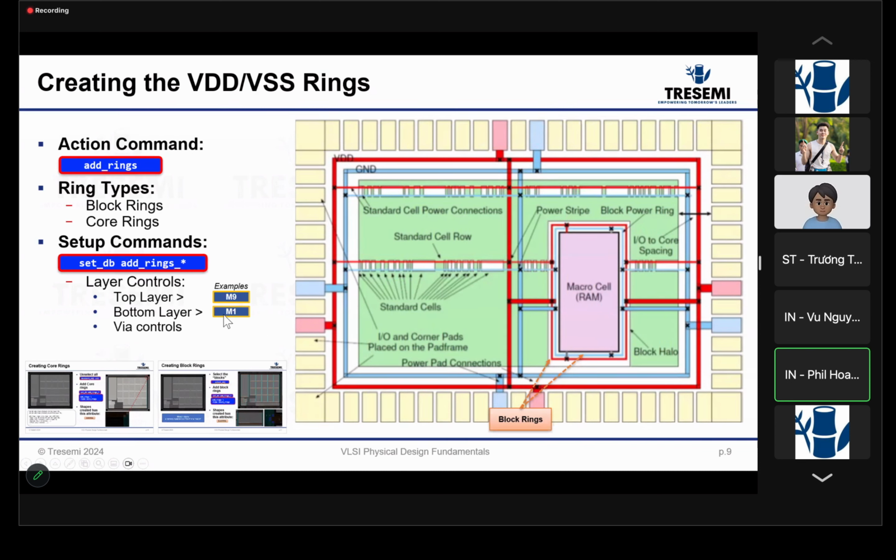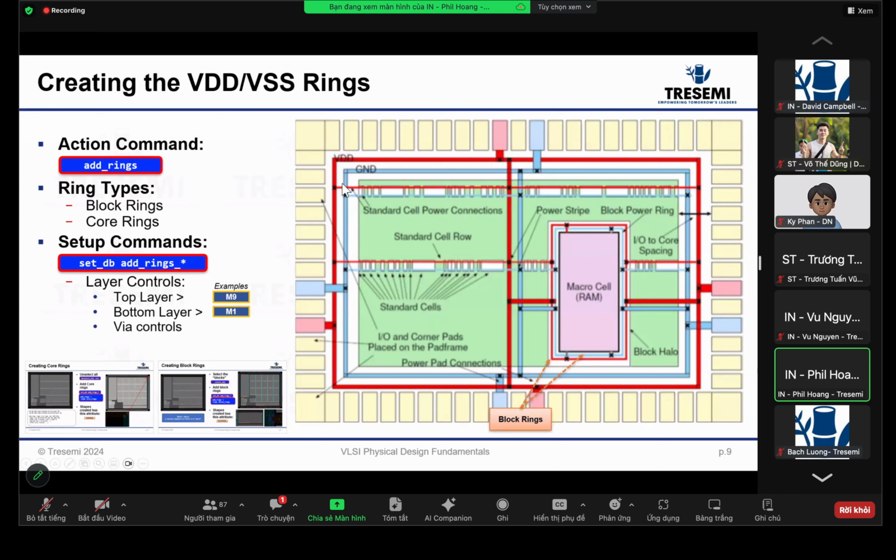So you set up all these controls of what the ring looks like, the width, the pitch, the spacing in between them, and what layers on top and bottom, etc. You see more details on here and in later ones that really tell you exactly many different things that you can do to control the creation of